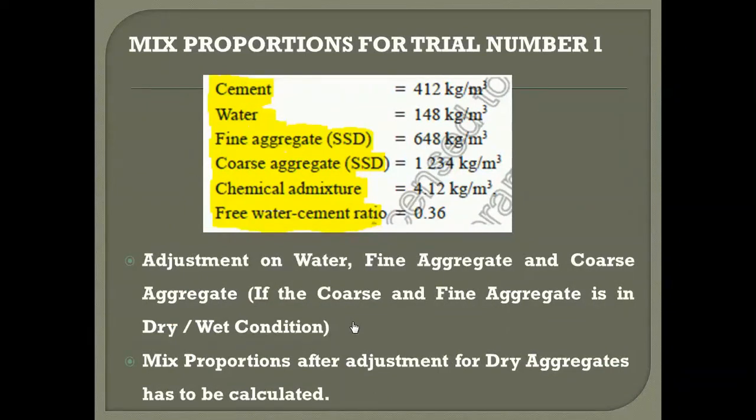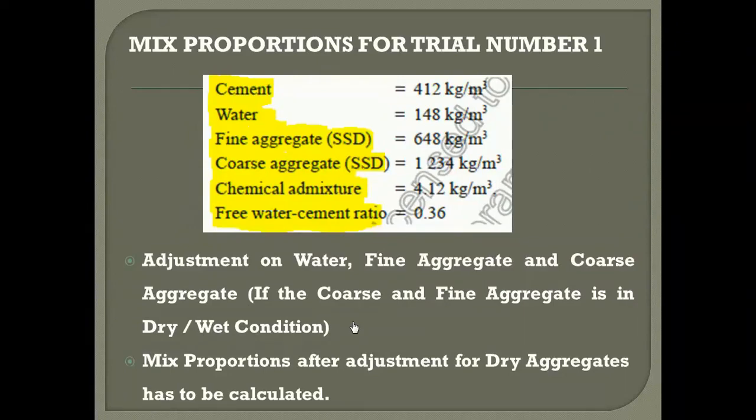Okay, but here for fine and coarse aggregate they say SSD. SSD means saturated surface dry condition. These values are obtained for saturated surface dry condition. So if it is for dry or wet condition, then we have to do slight adjustment with the values. I will take it up when I explain the problem, I will show it there. If the aggregate condition is dry or wet, then there will be some modification in the fine and coarse aggregate, because this code says it is for SSD condition, but if the site condition is dry, then we have to make some adjustment in the fine and coarse aggregate.